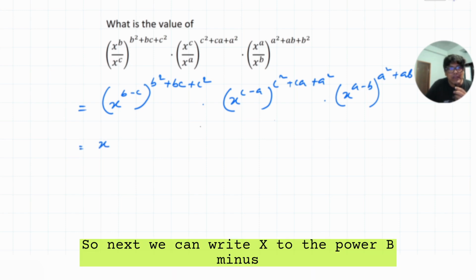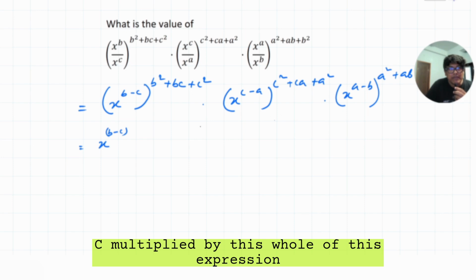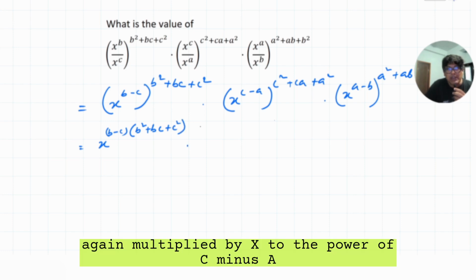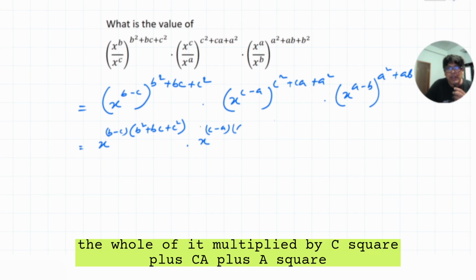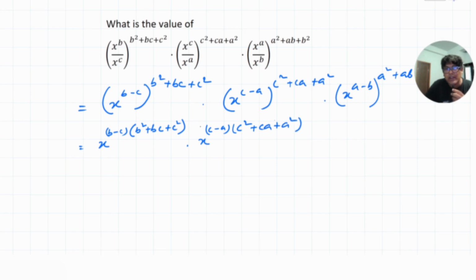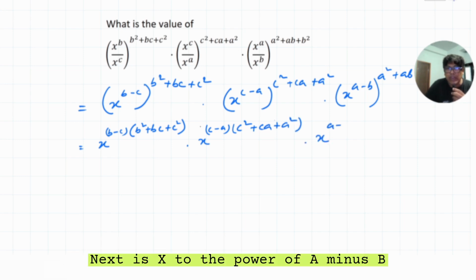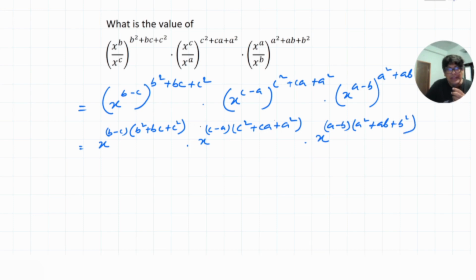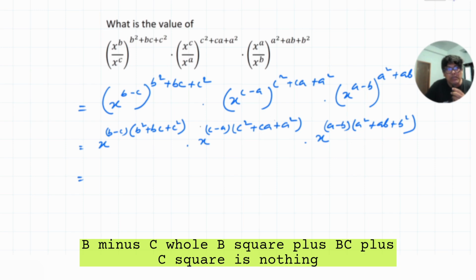So next we can write x to the power b minus c multiplied by this whole expression, that is b square plus bc plus c square, again multiplied by x to the power of c minus a, the whole of it multiplied by c square plus ca plus a square. Next is x to the power of a minus b, the whole of it multiplied by a square plus ab plus b square. This expression, if you look carefully, b minus c whole b square plus bc plus c square